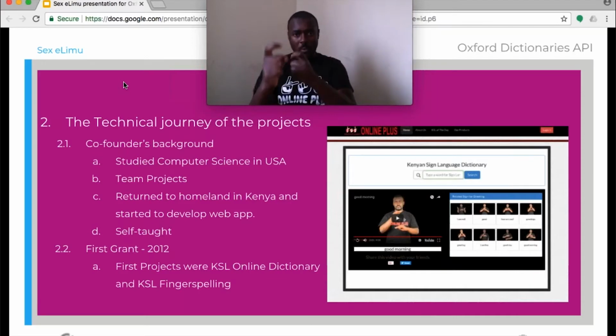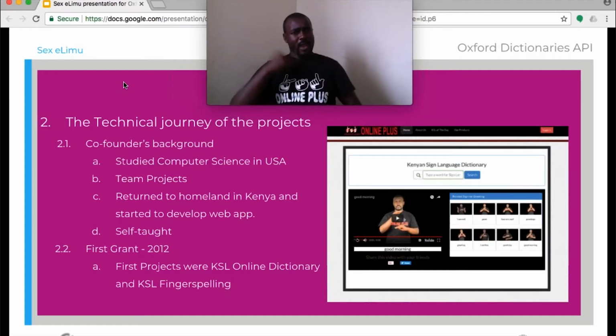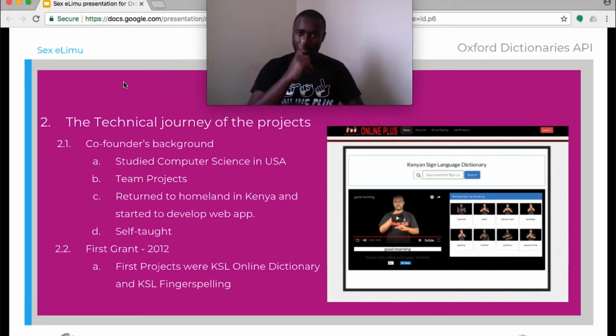ICT Authority were having an initiative program for a grant. And I said, why not? So I applied. And this was KSL, Kenyan Sign Language. Because I know in Africa, we don't have anything online for sign language. So I came back to Kenya to develop it, because in America I had gained the experience of how to do coding for American Sign Language. So I came back home,